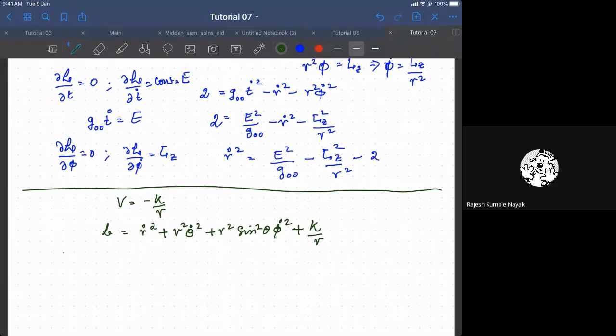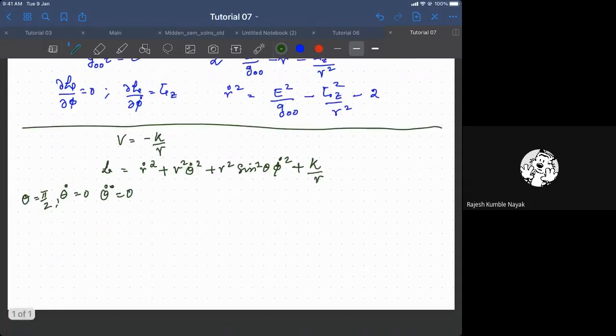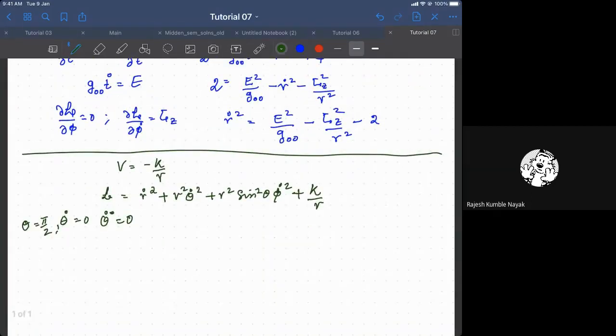So again, without loss of generality, let's take theta to be pi by 2, and theta dot to be 0, and theta double dot to be 0. So for the equation of motion, again we have to use all our conserved quantities. The first one is Lz is conserved. There is a reason I am jumping to Lz, because that's the simplest one. So that is equal to Lz. So it is constant. So what we have here, okay, I am missing a half here, I think.